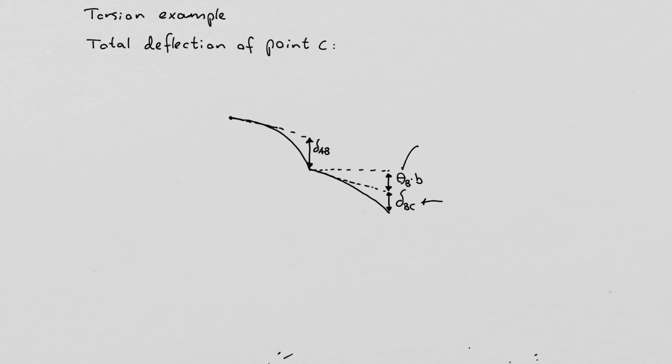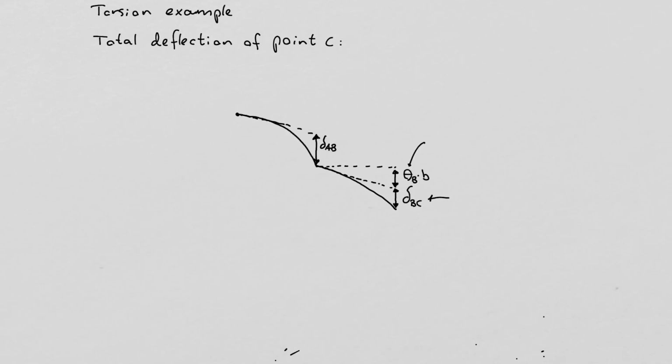Now, this was the torsion angle that we get, and that gives rise to a rotation of point B, which in turn rotates the whole handle, and then we get the corresponding deflection at the end point as the rotating angle, theta B, multiplied by the length. So this is this contribution. And then we also have the vertical bending of our circular rod section AB. So the total deflection